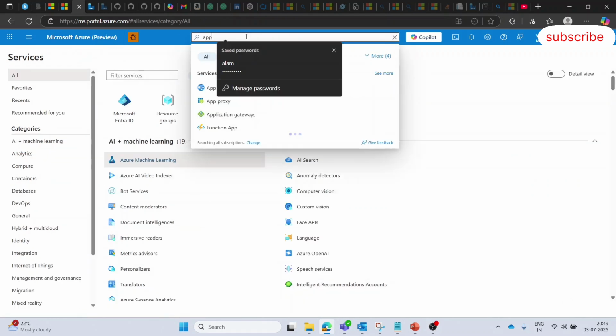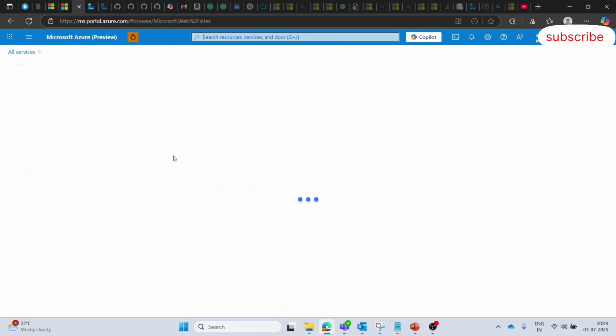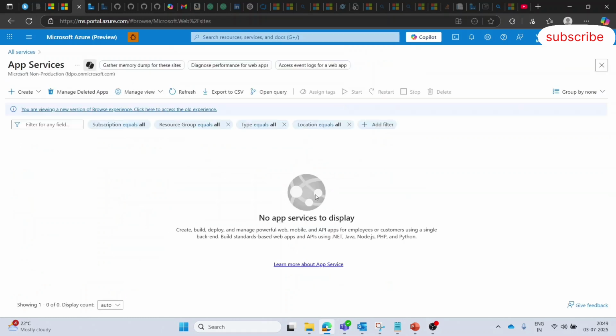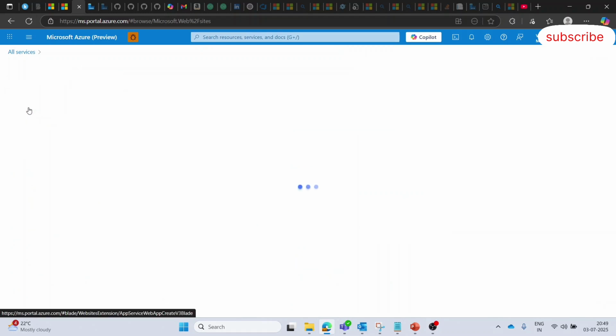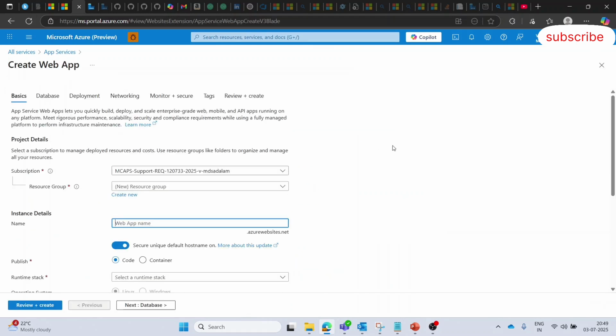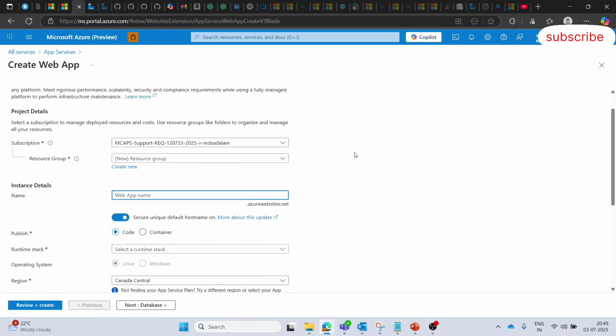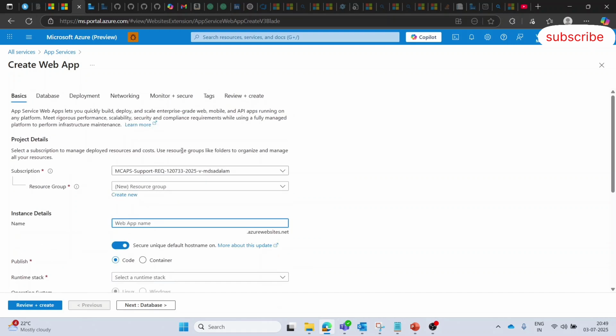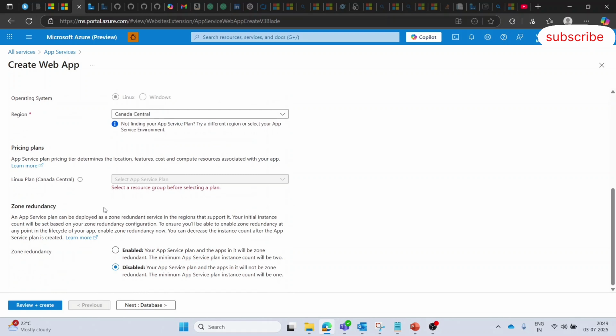Okay, let's come to PaaS, app services. This is a PaaS service on the Azure portal. Whenever you want to create a particular application, such as a web app service, you just create your web app on your Azure portal.